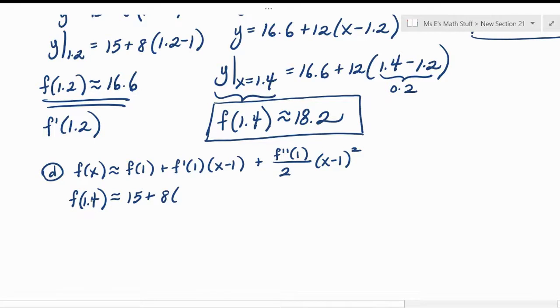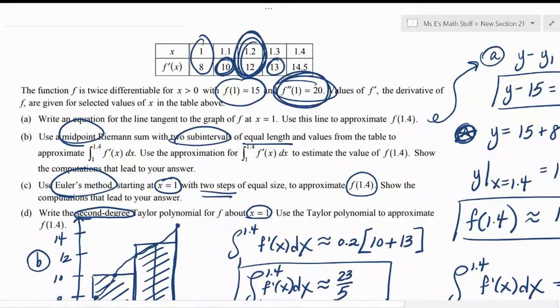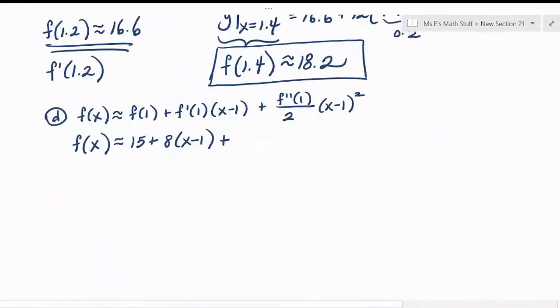Actually, let me just back up a little bit. Let's just keep this in terms of x. f prime of 1 was 8. f double prime of 1, they also gave you, 20. Like so, and 20 over 2 is 10. So I'm just going to erase that, put 10. There we go. Okay, so now f of 1.4 would be approximately